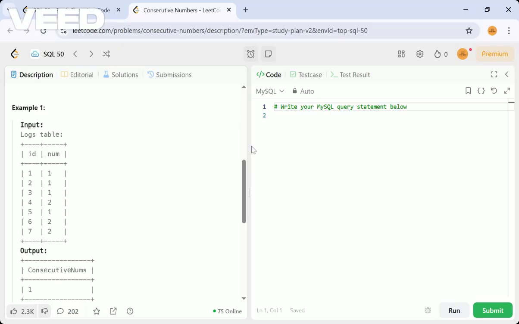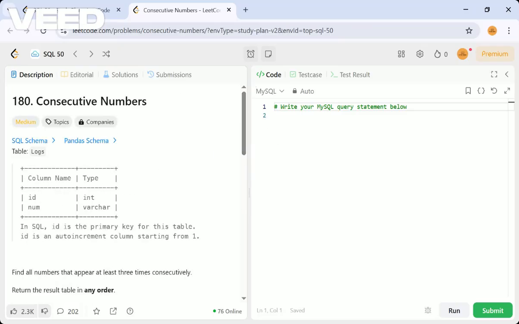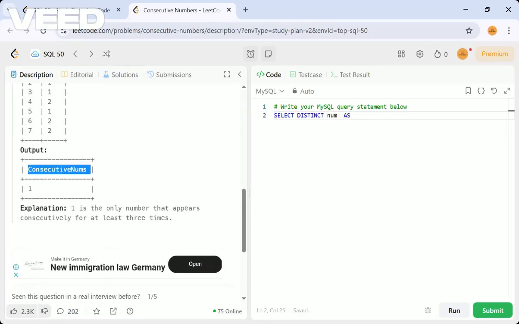So how can we write this consecutive check? If you remember, we have already done this kind of consecutive problem by using joins. So now I will do the same thing by using joins. We have to get the number, so num, and they have given an alias name for that to display, that is ConsecutiveNums.